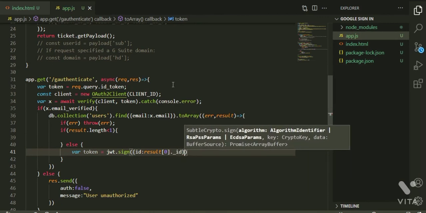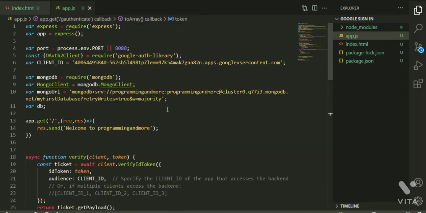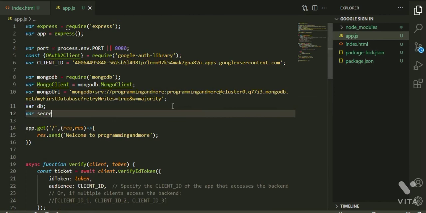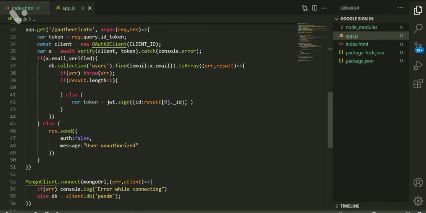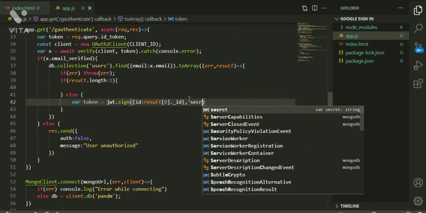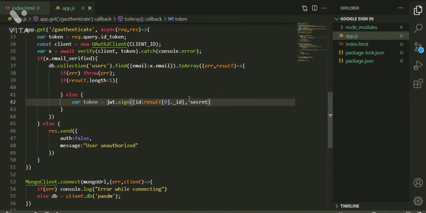We have to sign with respect to this, and let us quickly define a secret where secret equals, this is a secret something, it should be at least 32 characters, and let us pass that here, where token equals jwt.sign of this id and secret.